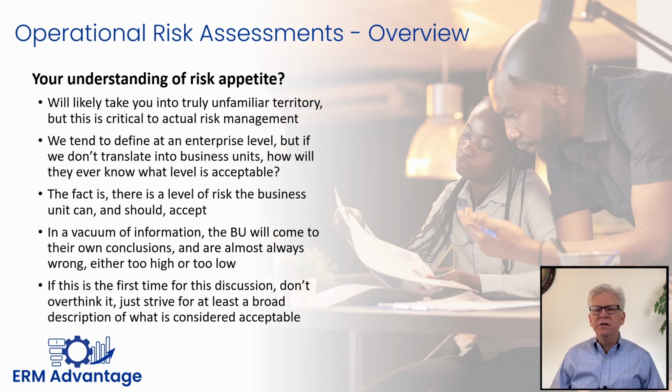Now, the conversation could stay centered around how processes could break, or this is where we could also introduce certain risk types, if only to jog discussion. How is risk acceptance seen relative to, say, compliance or operations, including financial losses, reputation, etc.? If this is the first time that risk management is having this discussion with the business unit, the goal really is just little more than seeing if the business unit can give at least some abstracted description of what they